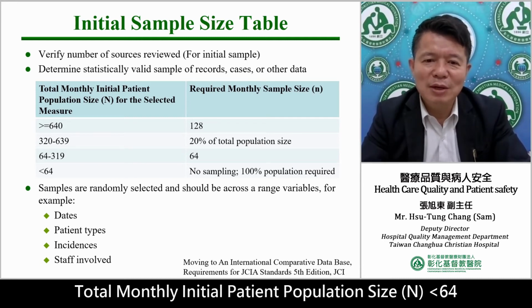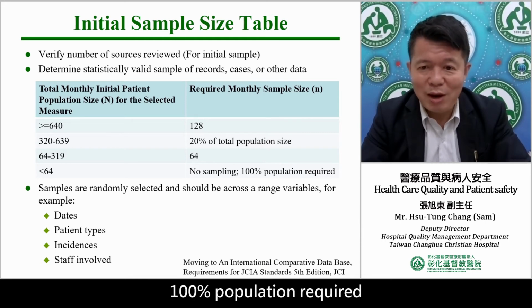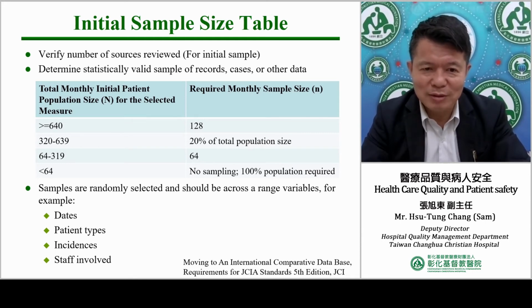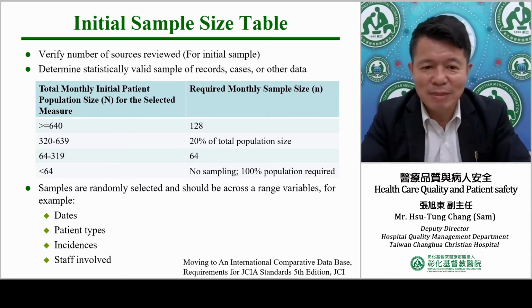Total monthly initial patient population size smaller than 64: required monthly sample size, no sampling, 100% population required. Samples are randomly selected and should be across a range of variables, for example, patient types,